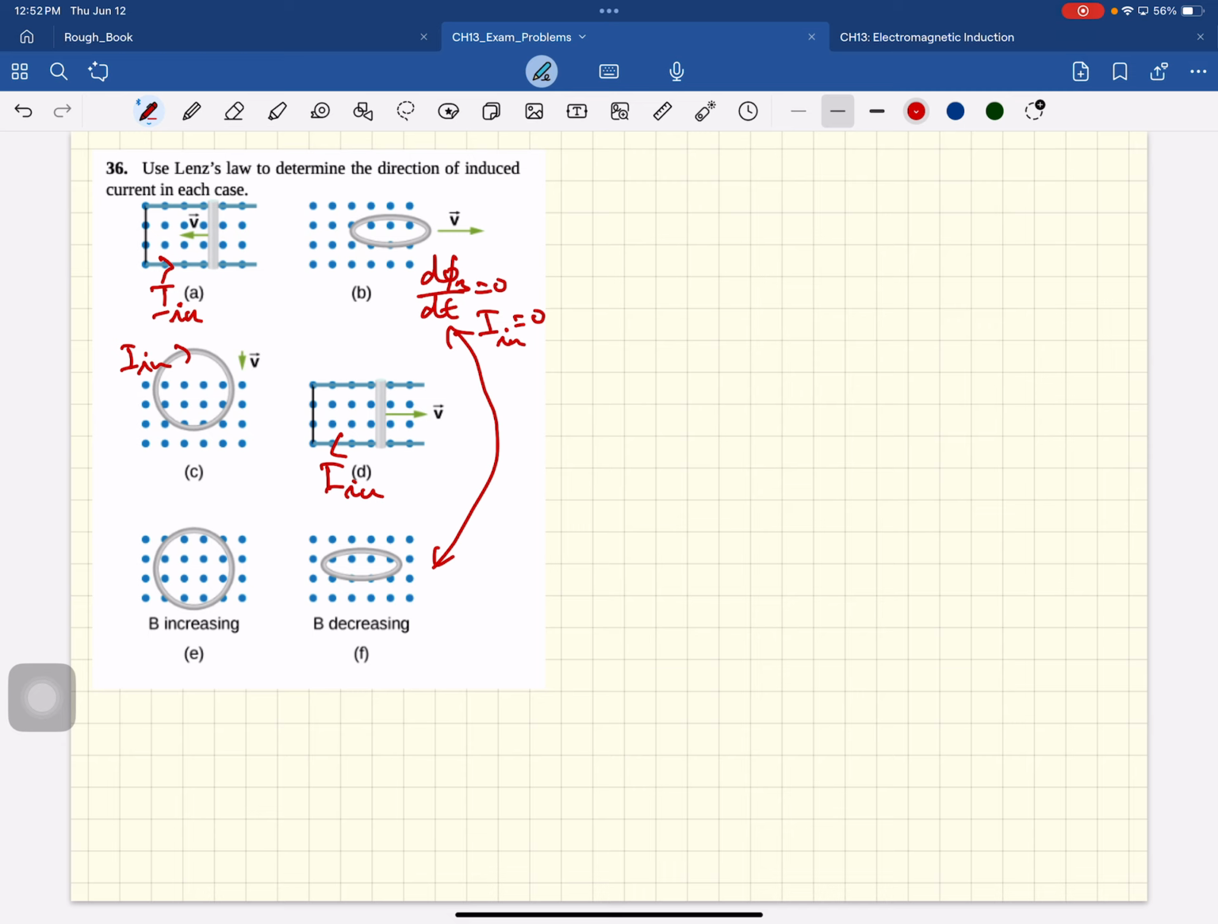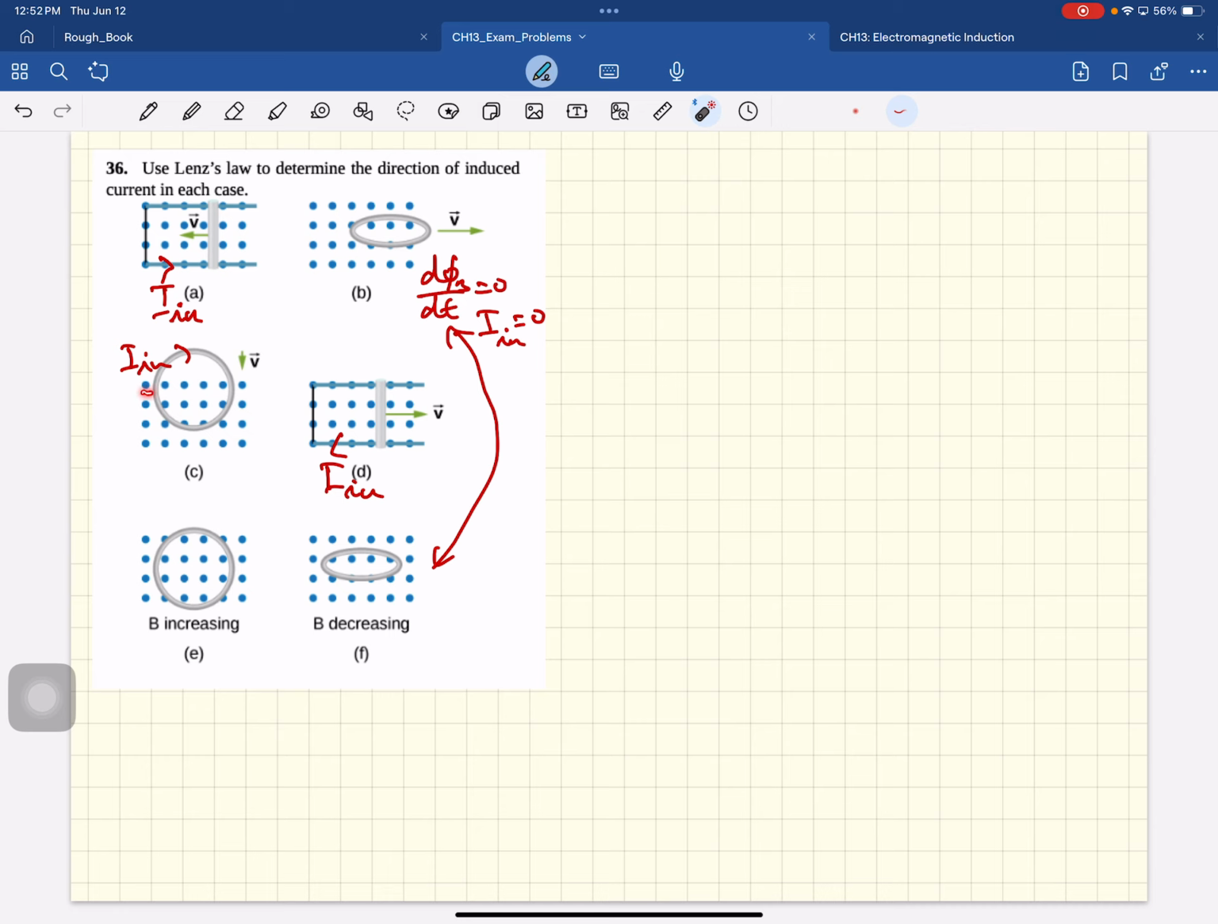Stick your fingers in the direction. How long is that current induced? Until the flux doesn't change. Yeah, so once the string is completely in, now the flux is not changing. Okay? And so the induced current,